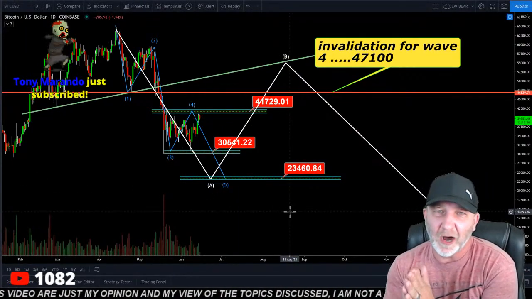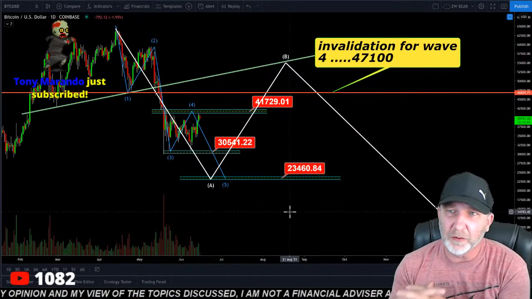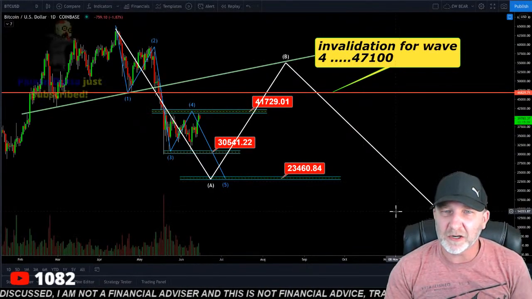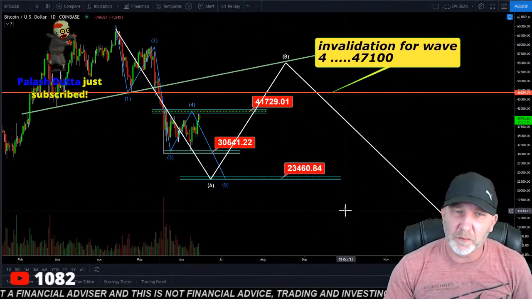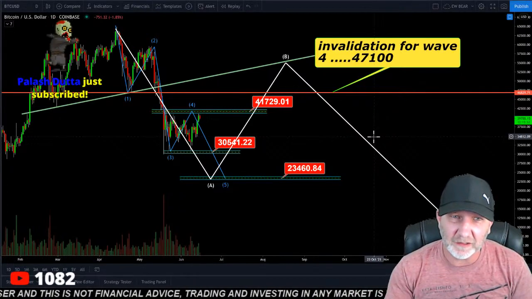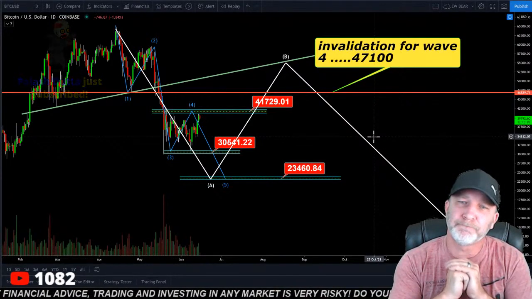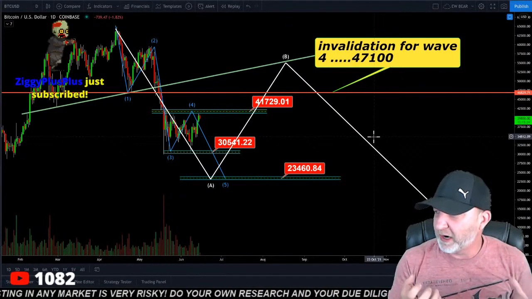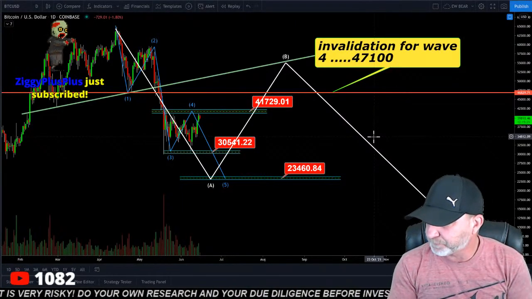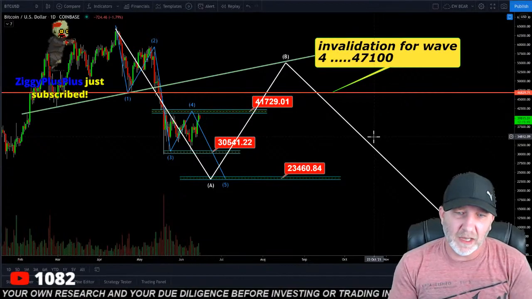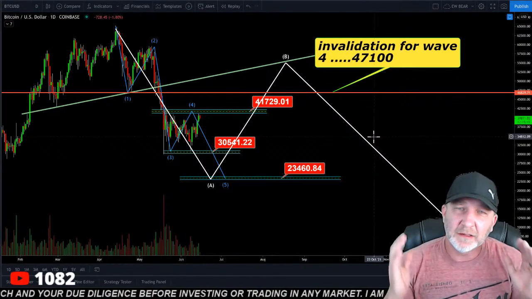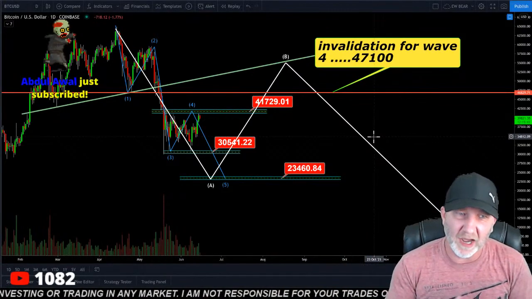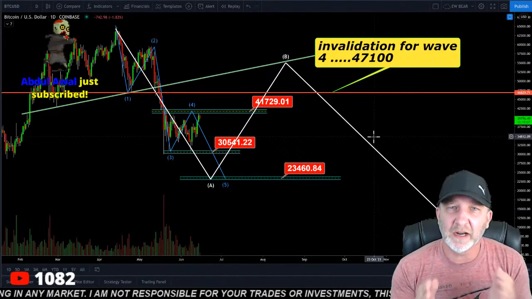If you're bullish and you can't take into account that a bearish case scenario could happen, or vice versa, if you're bearish and can't take into account that a bullish case scenario is possible, you probably shouldn't be playing in the markets. I know a lot of the people that are super bullish are just because they buy, and they can only make money if it goes up. Well, that's the beauty of trading. It doesn't matter where the market goes. You can make money going up. You can make money going down. Learn to chart. Learn to trade.